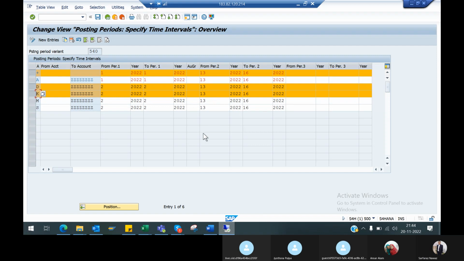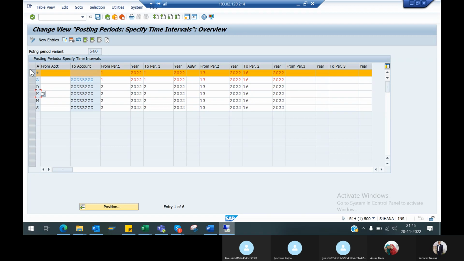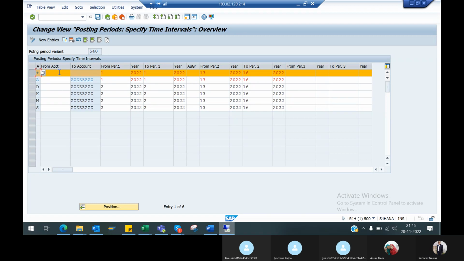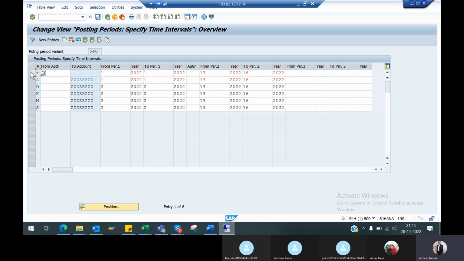But Sarfaraz, if open period first line, if you close it, then it will allow the assets to work on. No, it will not allow. No. Okay. See, first of all, main door. This is the main door, na? Then how you'll manage? How you can manage? Because if you don't define this one, so if you are opening this one, na,